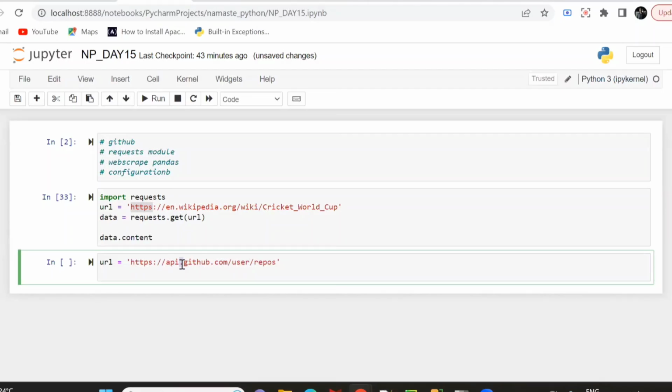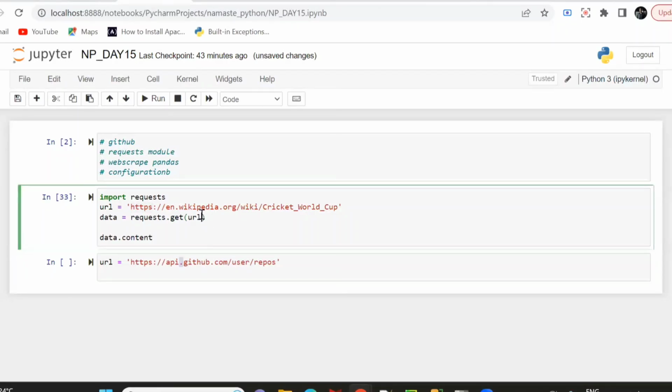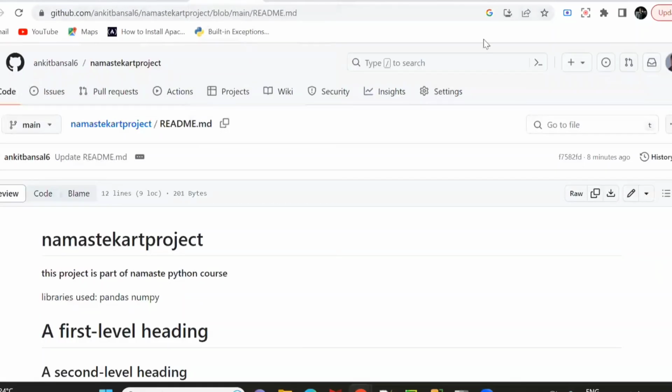For example, for my GitHub, I logged in and then I was able to see, right? So that way, you have to pass some authentication, right? So for that, we have an auth parameter we have to pass, right? Now for GitHub, we can pass the token as my password. So for example, if I go to my GitHub again